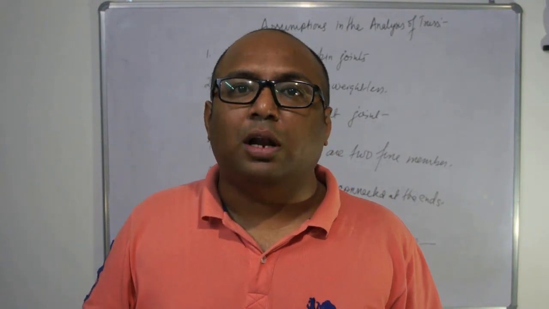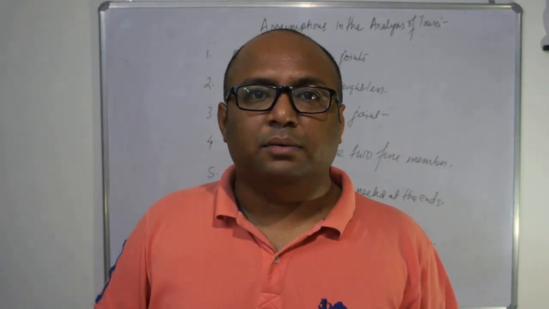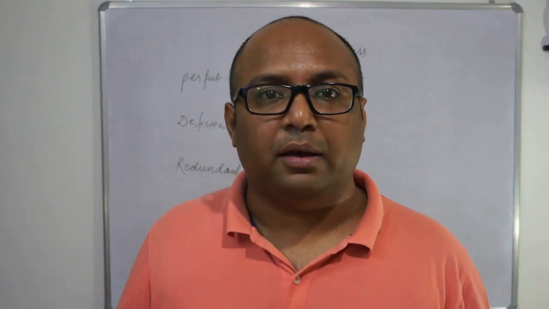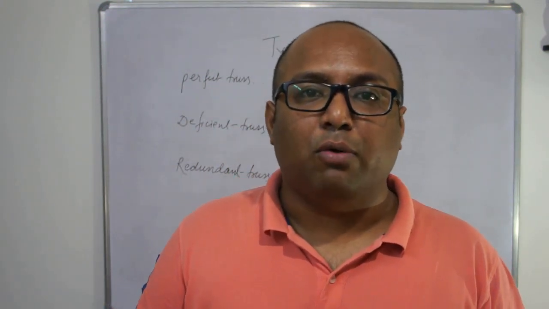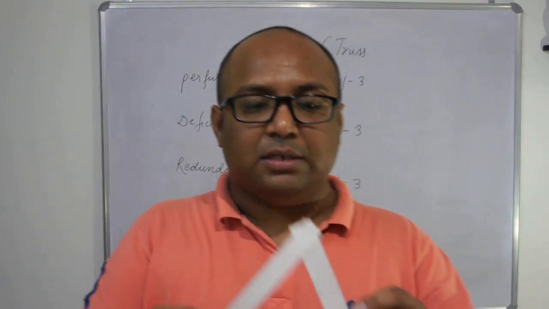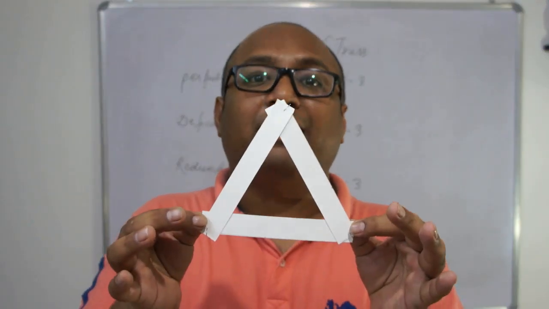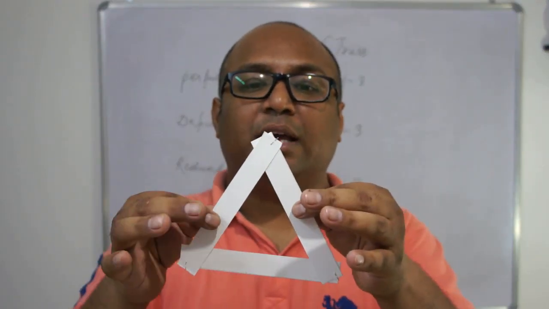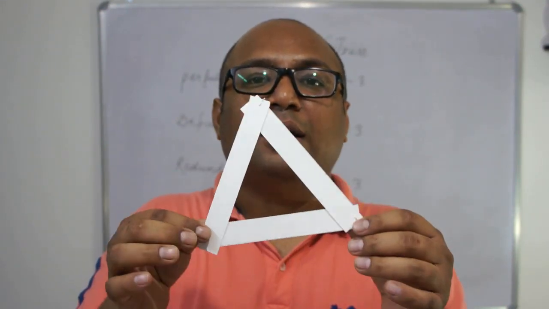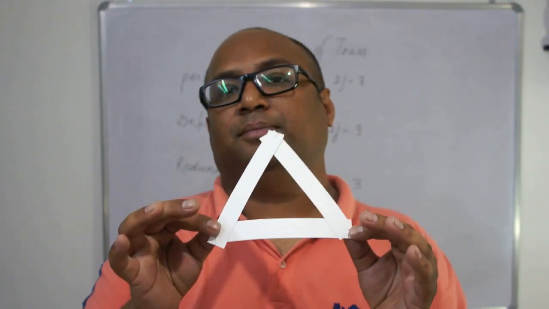Okay? So this is all about assumptions at this level. One of the questions commonly asked in this topic is types of truss. Technically what it is trying to ask is whether the truss is constrained, over constrained, or under constrained. Constrained means, if you take the simplest truss, which is a triangle, what do you observe in this case? These two members don't have a relative motion among themselves. So this is a completely constrained structure.